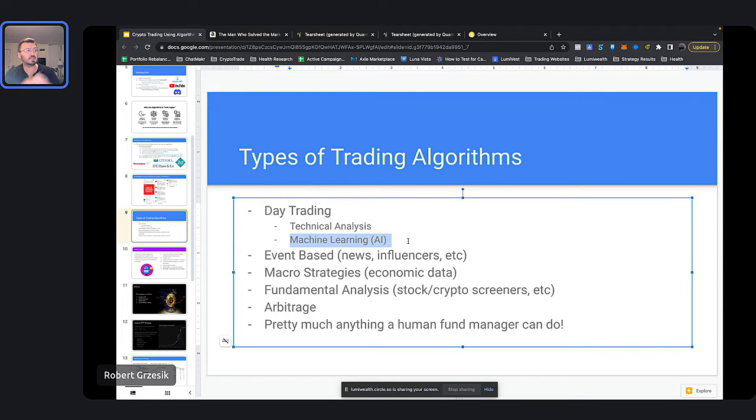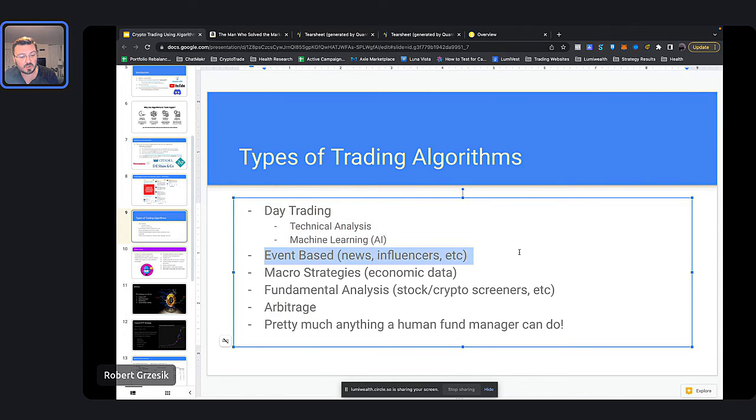Usually you're doing something like scalping or swing trading, right? And you're trying to basically predict where the price is going to be in a few minutes and trying to make a profit off of that swing. So a lot of people talk about that. We will teach you how to do that, but I will tell you that is probably the least profitable of all the algorithms. There's a lot better ways to make money than just that. Although if you are interested in that, we also teach you that as well, right?